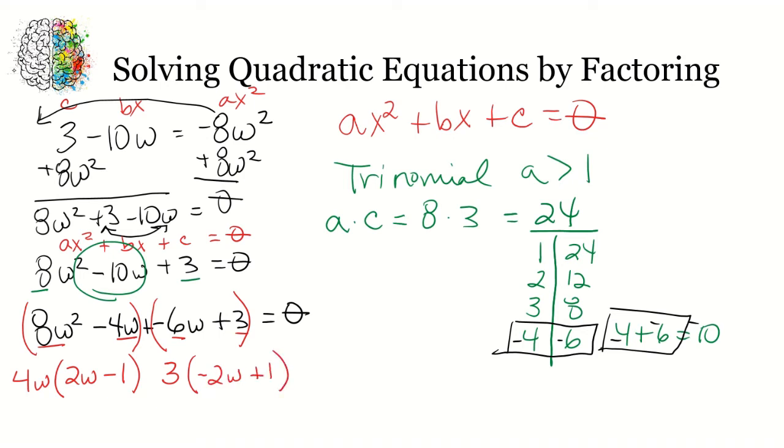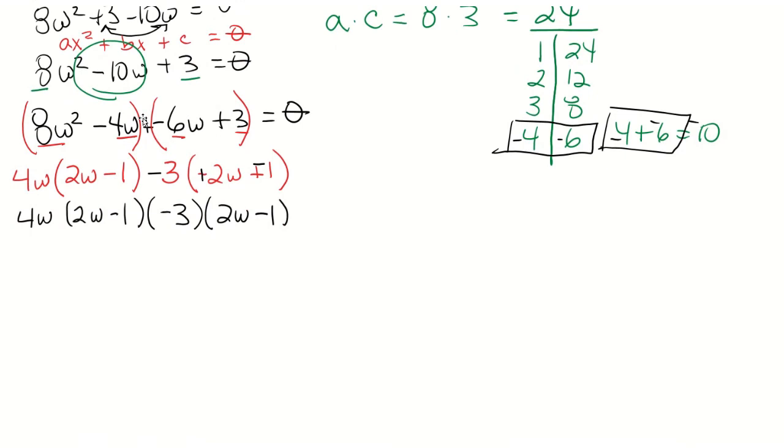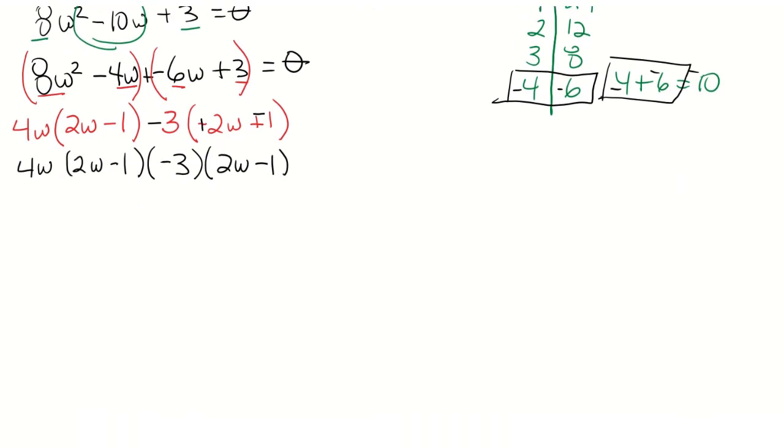Now I want the numbers in the parentheses to be the same, and I notice that there's only a small difference. There's a difference in a sign. So what I can do is pull that negative out in front of the 3, making that 2 positive and negative. So now I have 4w minus 1 times a negative 3 times 2w minus 1. Because what we want is those numbers in parentheses to be the same,